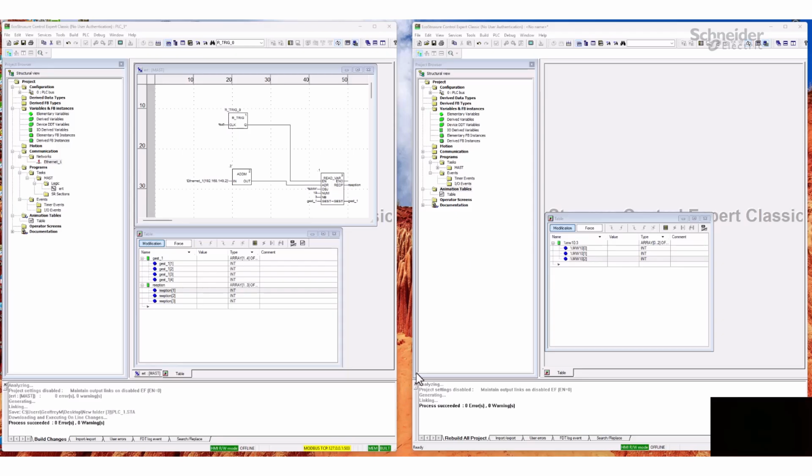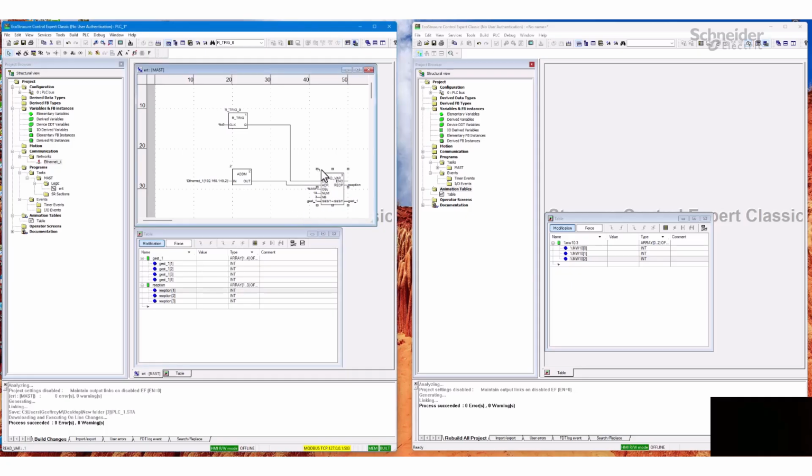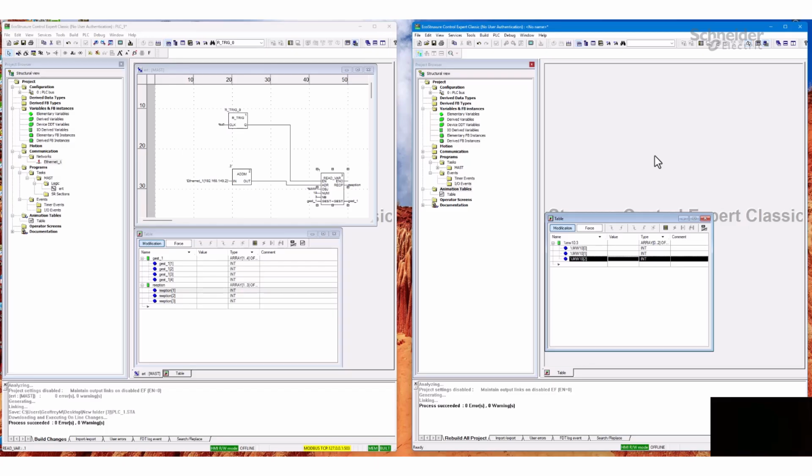Hi, this video will demonstrate how to achieve communication between two Control Expert simulators. In this particular instance, I'm using the READ_VAR. So I'm going to read some data from this instance. How is that achievable? Well, first things first, let's